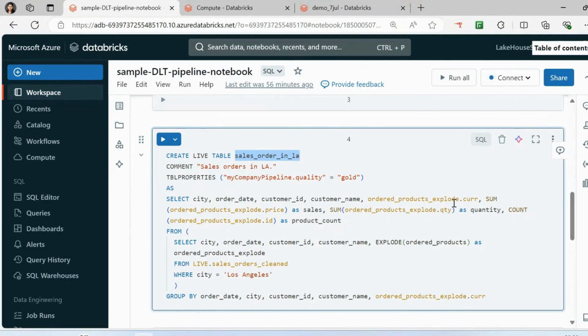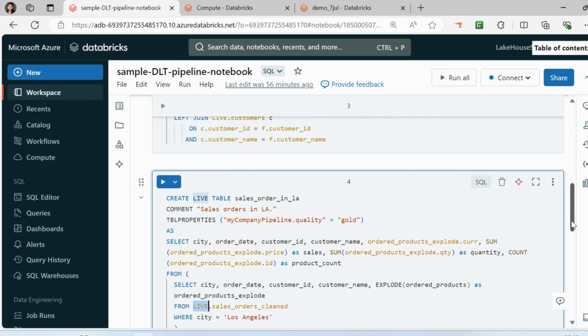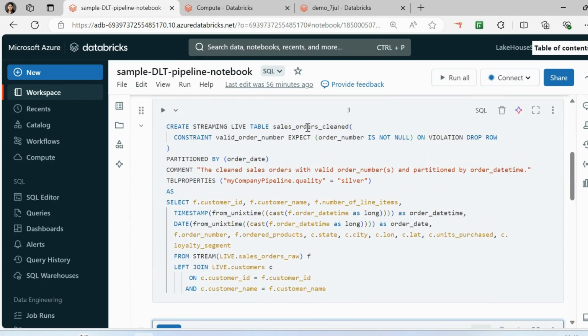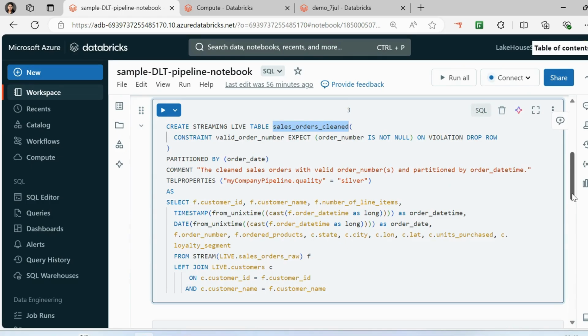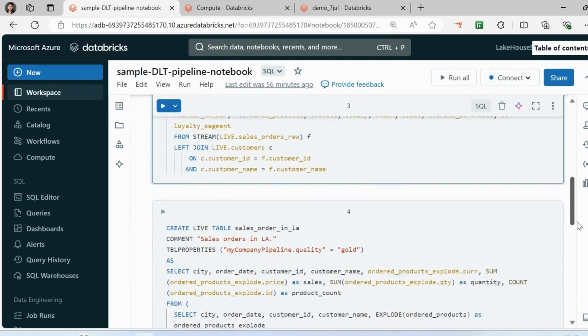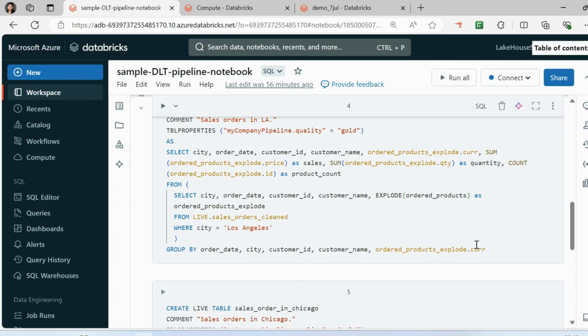So I'm selecting all my sales orders, calculating the sum of my price and quantity and the count from the sales order clean table, which is again my delta live table. So I have to append the live keyword here. This is my delta live table, which is my orders clean table. And I'm grouping it by this.